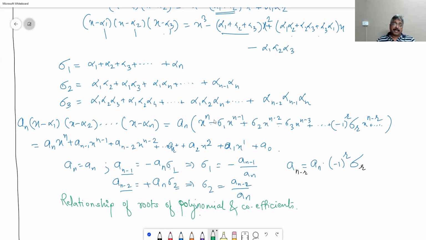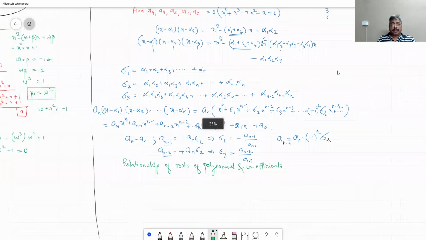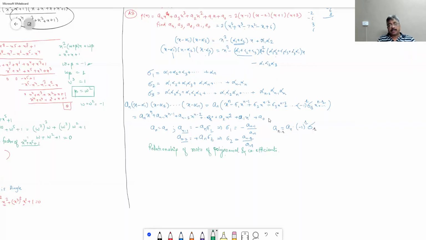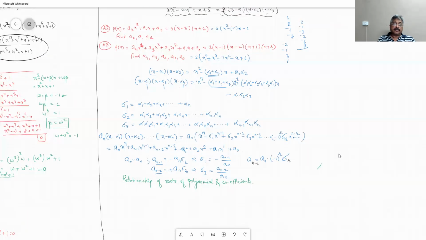Okay, I am aware that I have done it a little fast, but it is simple. You first note everything down in your notebook, and if required I can explain it again by some other method, but it is one and the same only. So just try to copy it, try to understand it.